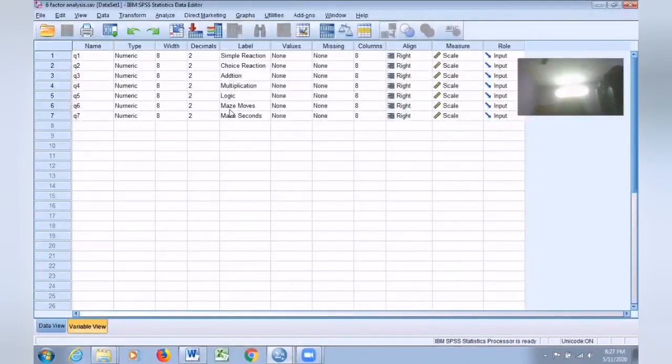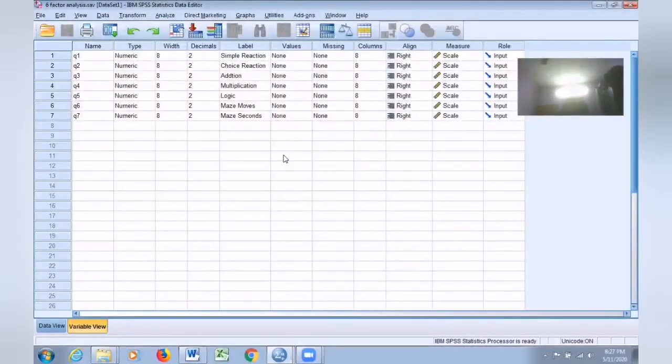In how many moves was the child able to solve the puzzle? One. Then in how many seconds has he solved the puzzle? Last 2 questions. Then addition questions, multiplication questions, logic questions, then reaction questions. So how a child reacts to a particular situation, particular environment, particular happening. So I just conducted 7 tests.